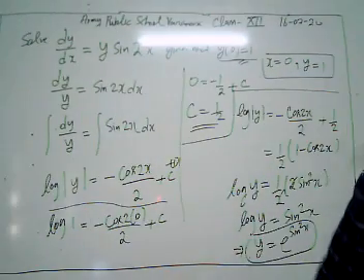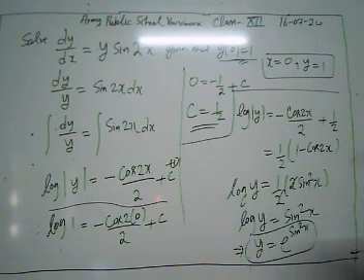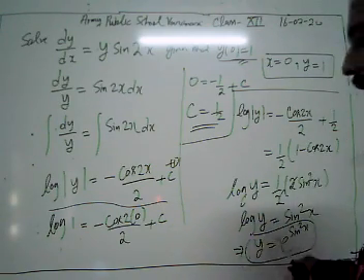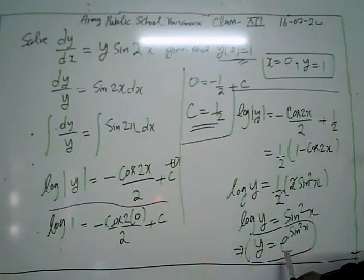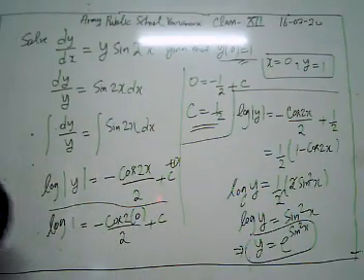So this is our particular solution because we have used our conditions here, at x equal to 0, y equal to 1. Then our solution is y equal to e to the power sin square x, which is our required solution. I am just going to revise again what we have done here.